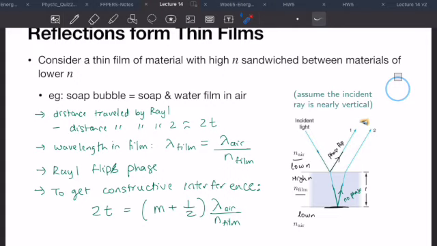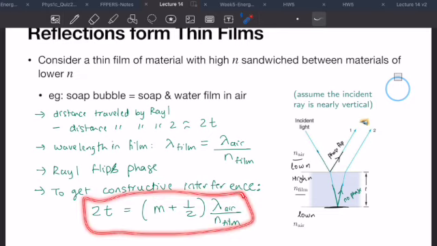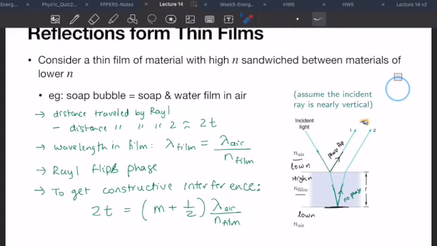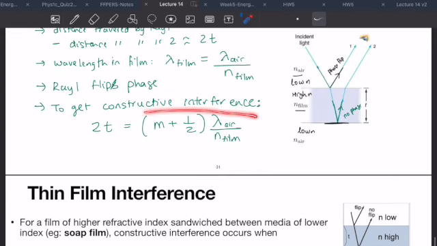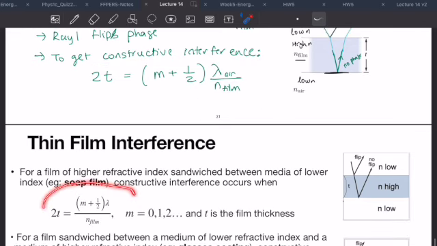If going through this reasoning is not completely making sense, please come talk to me during office hours. But at the end of the day, you need to know how to use this expression. You won't necessarily be asked to derive this. But there's a few different cases of this. So the case we just looked at is we went from low n to high n back to low n. But another possibility is you go from low n to medium n to high n. How do things change? So just to reiterate, the expression we just derived for constructive interference, I've rewritten here,